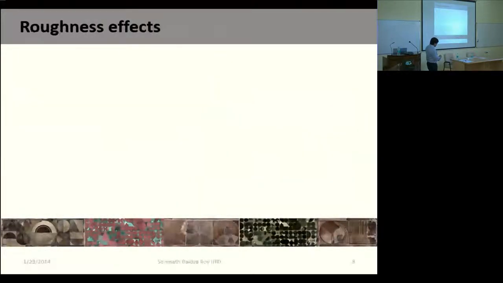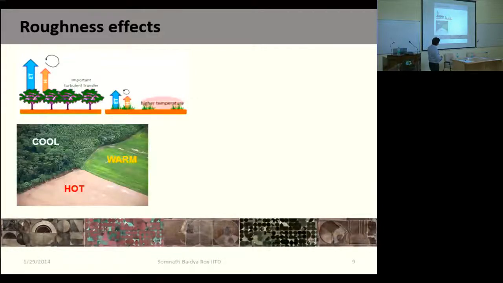Now, let's look at the roughness effects. Roughness: if the roughness is high, lots of big trees, urban or whatever, it increases turbulent heat transport, which means more energy is transferred from the soil to the atmosphere more easily. That's why, the higher the roughness,